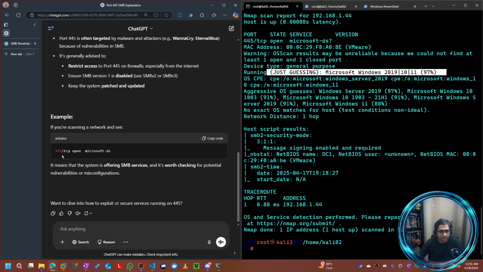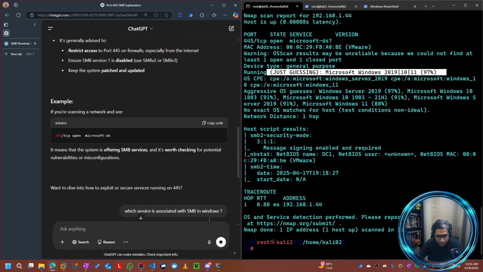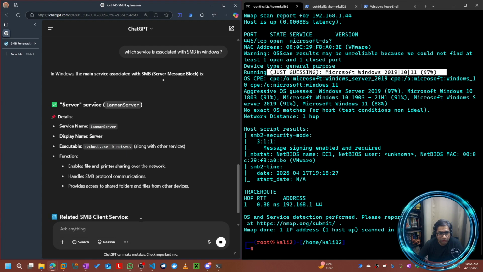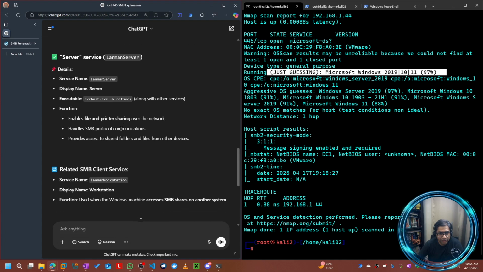Now, if you're scanning your network and see it open, it means that the system is running SMB. Which service is associated with SMB in Windows? Right, let's ask this question. In Windows, the main service is Server Message Block, so LanmanServer, svchost.exe, and